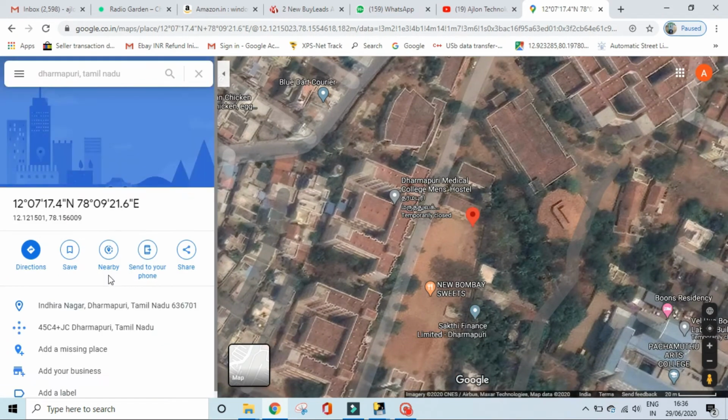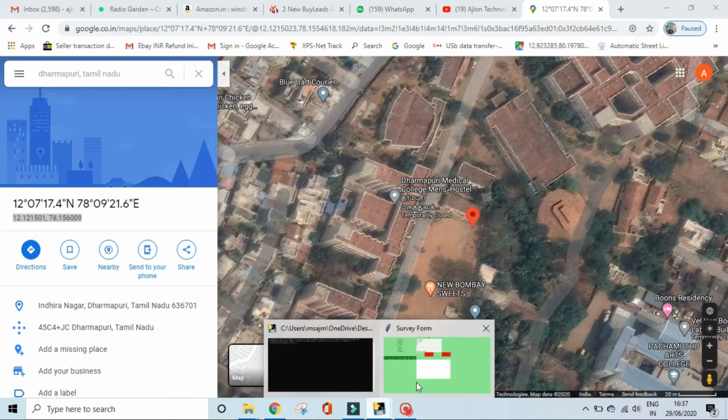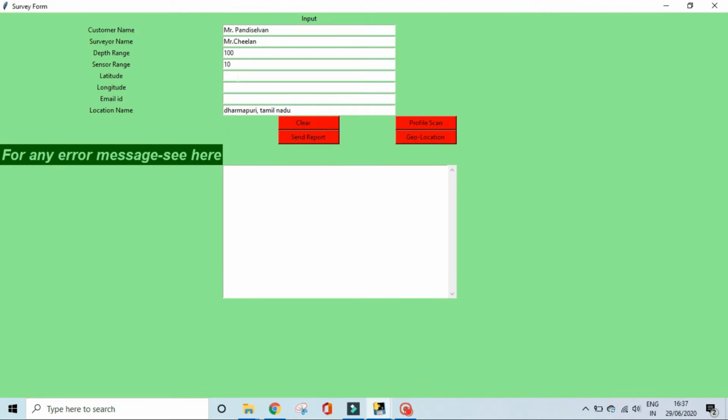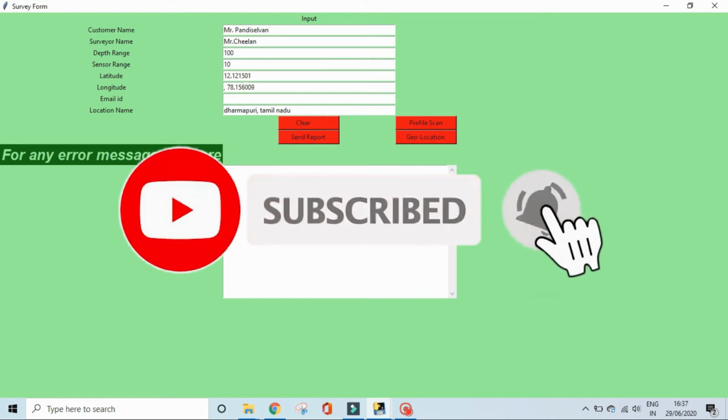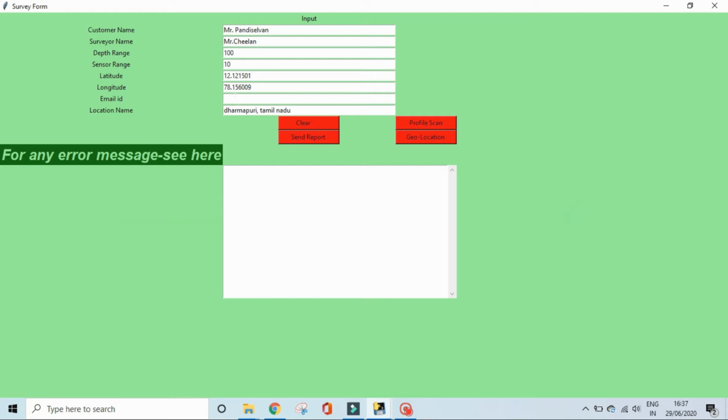The location you can also see over here, and then you can copy that exact location coordinate, go back to the software, and enter the latitude value and longitude value. This latitude and longitude value also comes in the PDF report generator. By clicking there in the PDF report, it will take you to the exact coordinate point. Then the other parameter, like the customer name to whom the 3D reports have to be sent, can be entered. And there is a profile button.